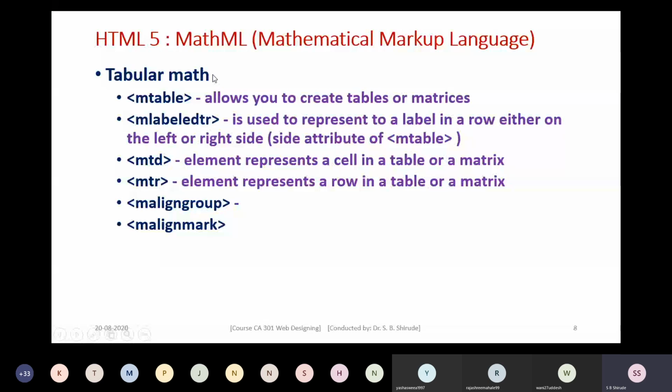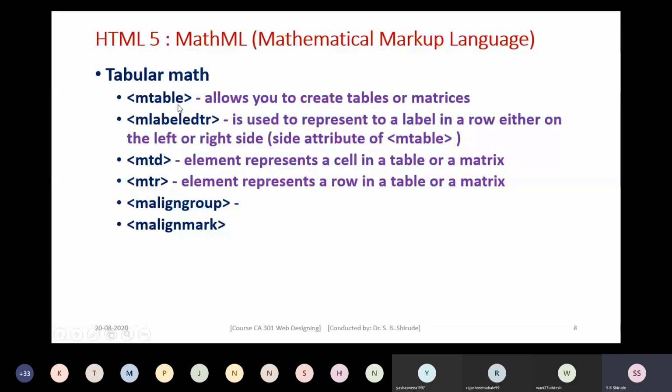To design matrices. A matrix we write in the form of a table. So when you want to create tables or matrices, you can create them by using the element called mtable. mtable is the element which we can use to create the table or the matrix.